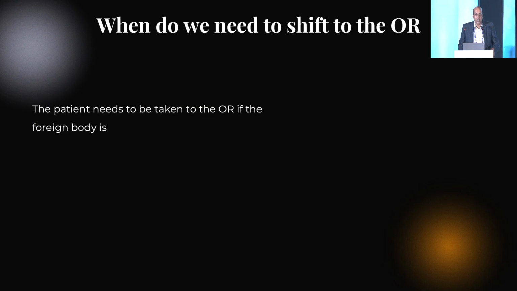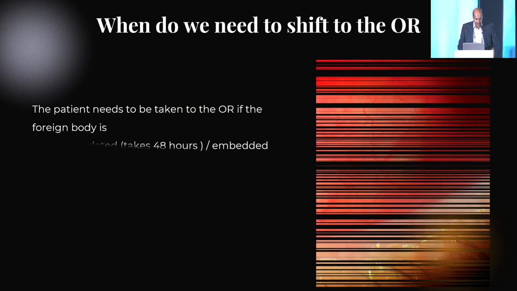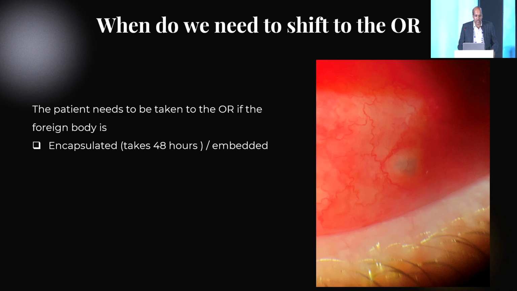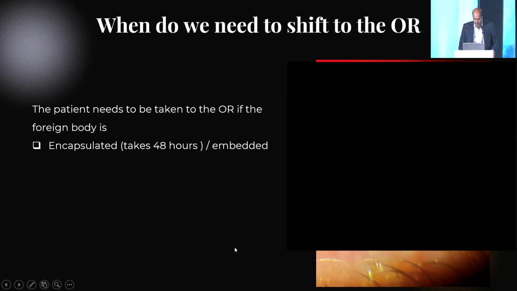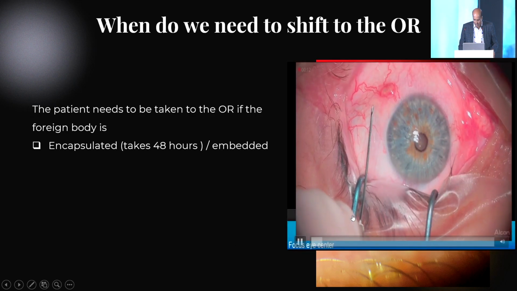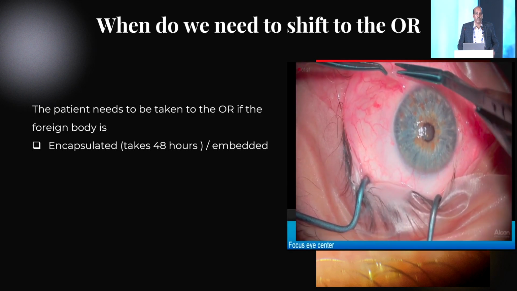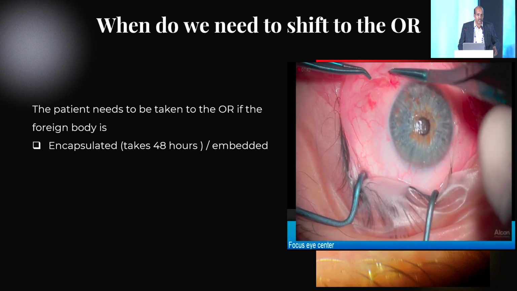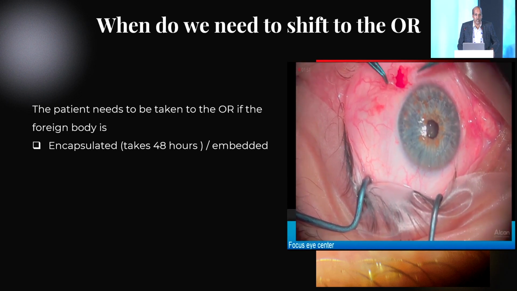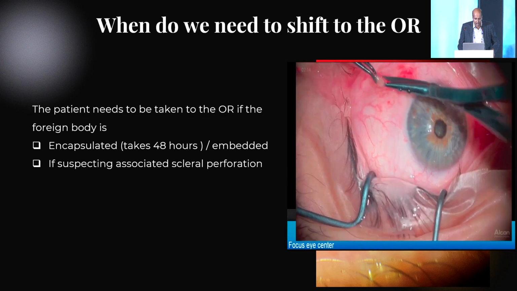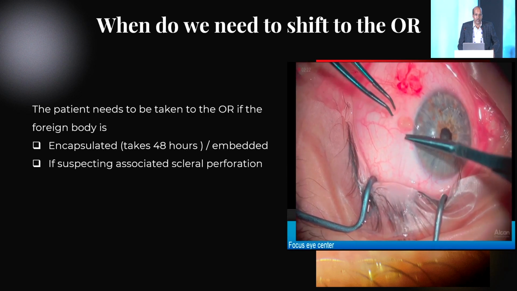So there are some conditions when we have to shift the patient to the OR, especially when the foreign body is encapsulated, is more than 48 hours old, causing some kind of reaction, or you feel that it is embedded. That is when you have to take it in an OR with a subconjunctival injection. You can just do a simple excision followed by conjunctival suturing. Also whenever you suspect a scleral perforation, a metallic foreign body, a wooden foreign body, or a sharp metal foreign body,